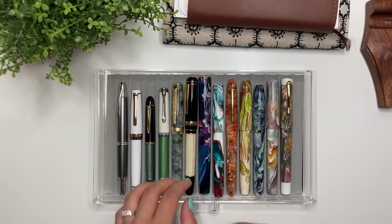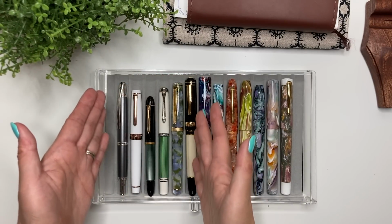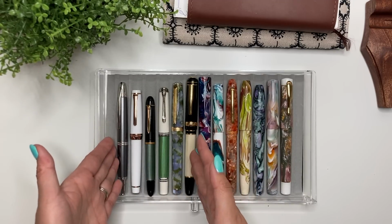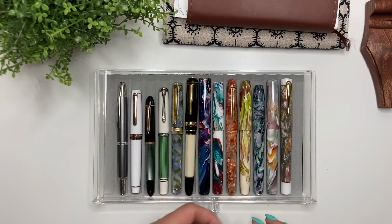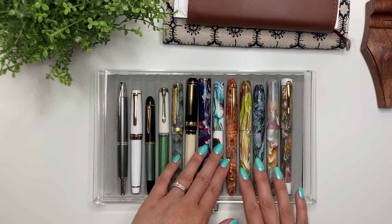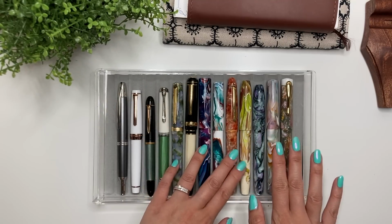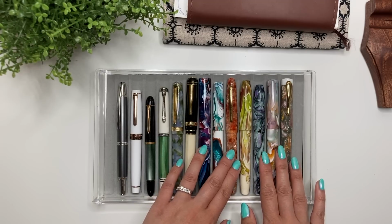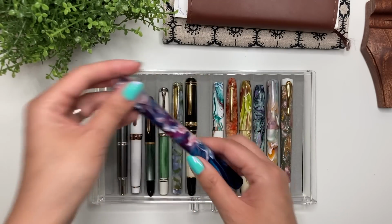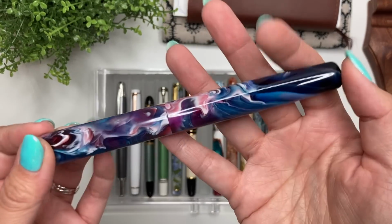Okay, so I feel like the first half is very subdued, minus the Le Bon Rosa, very subdued in the way that it looks. And then the second half is a little more like, woo. And I'm going to say for the last 5 of these pens, there's a little bit of recency bias, but I'll explain that. So the next one that I would buy again, or repurchase in my collection, is this Cool